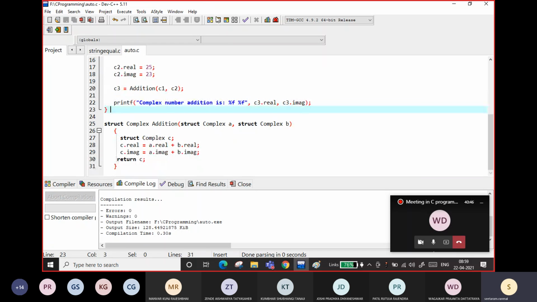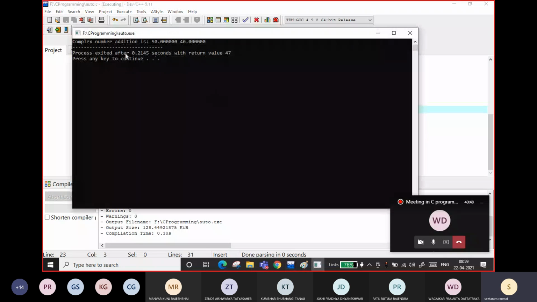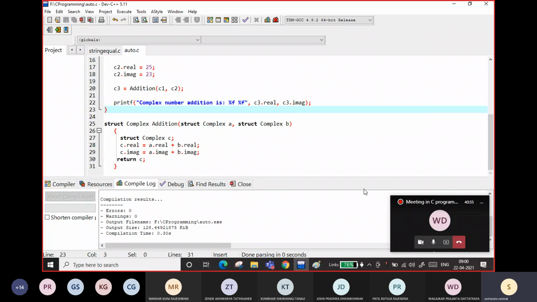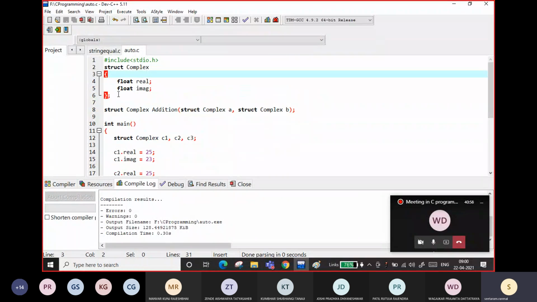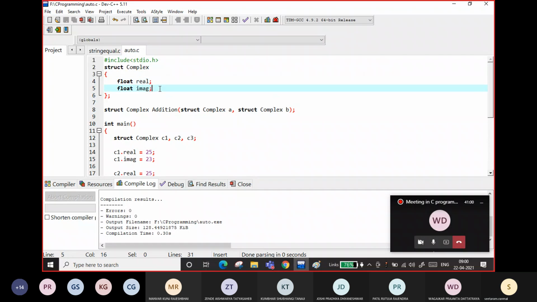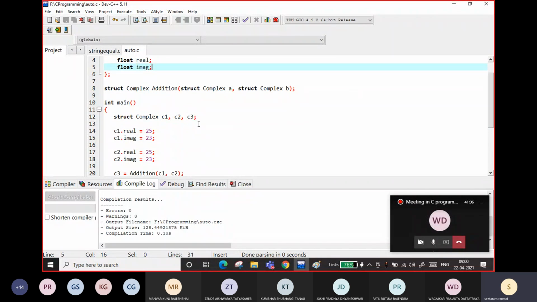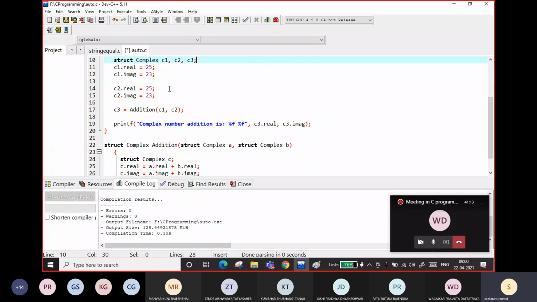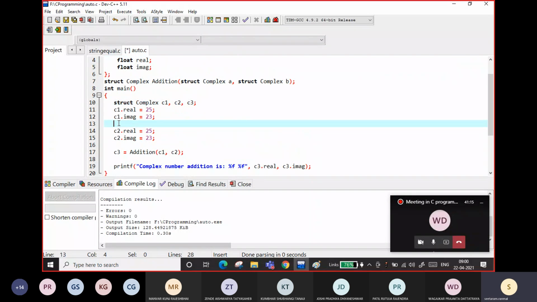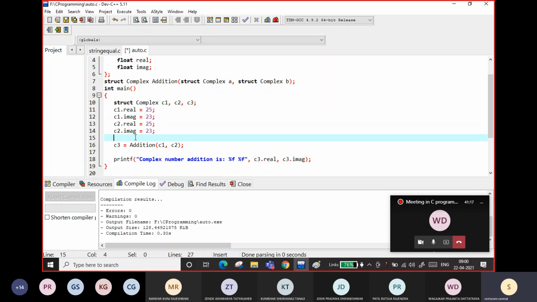Now if I run it, the complex number addition is 50 and 46. So you can define your own data type using the structure. You can define the members. For example, one of the examples in our mathematics is the complex number, which has a real part and an imaginary part.